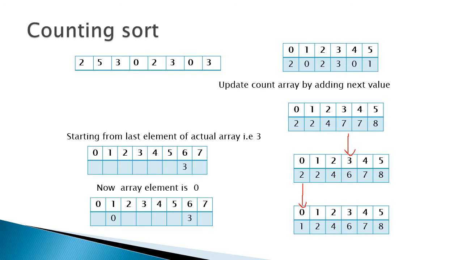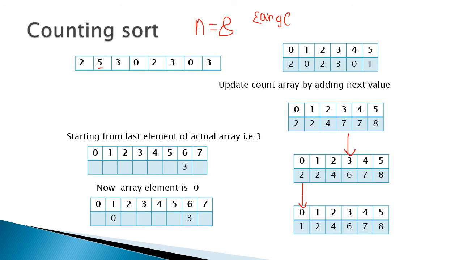Let us discuss one example. Here the array contains a total of 8 elements, that is, n value is 8: 1, 2, 3, 4, 5, 6, 7 and 8. Here we have to find out the range also. What is the maximum element in the array? That is 5. And what is the minimum element? That is 0. Means the range is from 0 to 5.